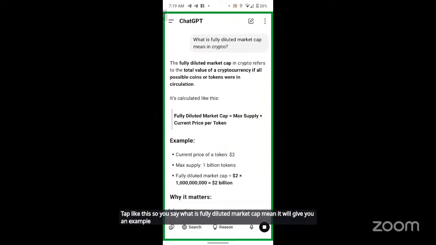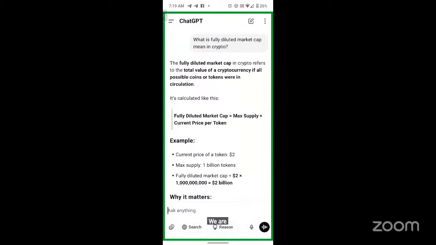A fully diluted market cap in crypto refers to the total value of a cryptocurrency if all possible coins or tokens were in saturation. When a coin has a maximum supply, it means all the coins are already minted and in saturation. But when a coin has no maximum supply, they will keep on unlocking tokens. So when we talk about